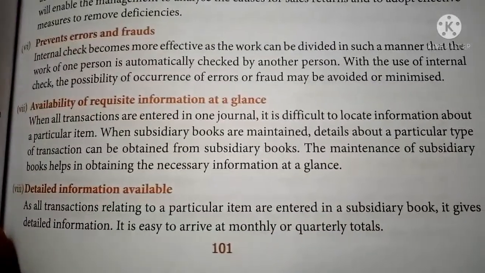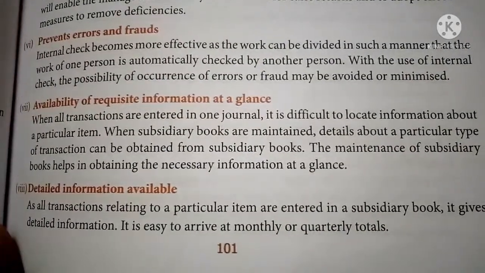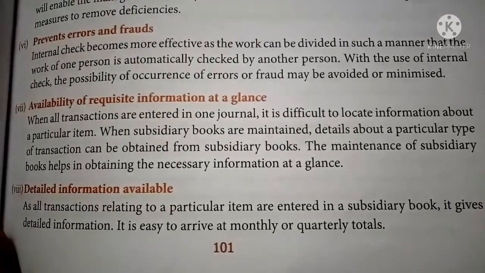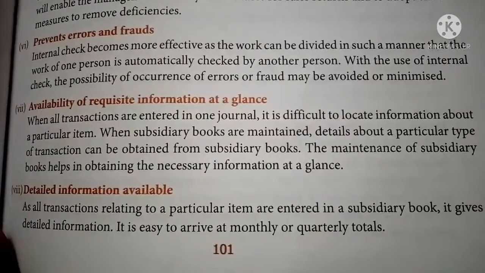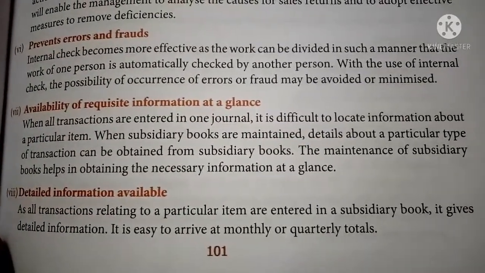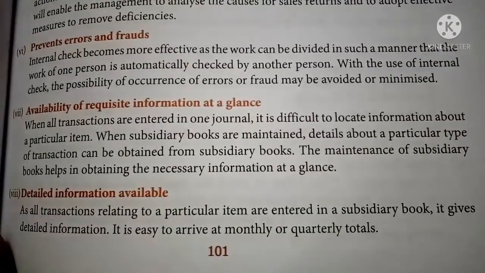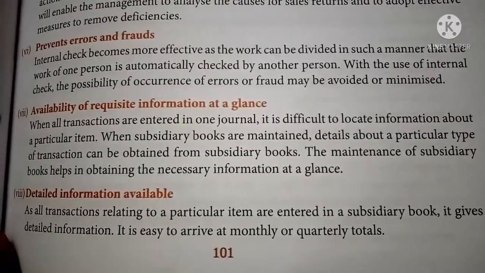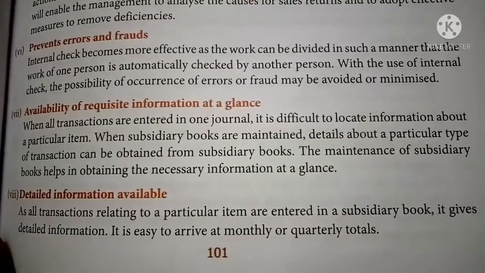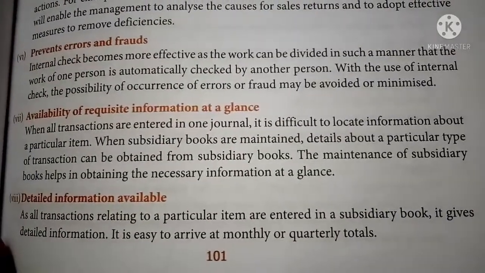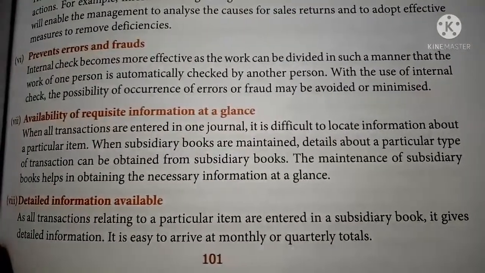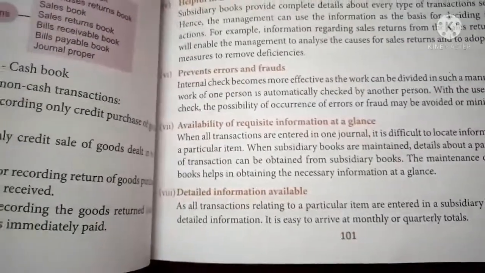Detailed information is available. We can easily collect detailed information of each and every book, whether quarterly or monthly or even daily. We can easily collect the information from the subsidiary books. And then